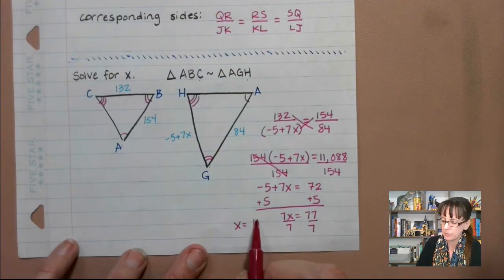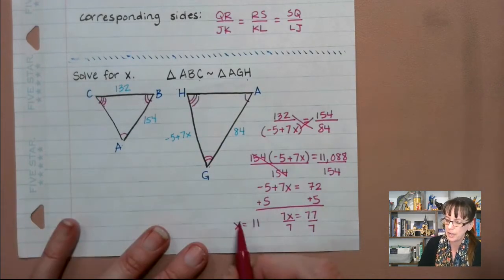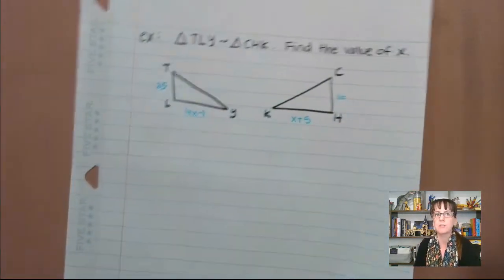We always go back and reread our question to make sure that we are answering the correct one. We are. It says solve for x. We solved for x. There we go. We just did that. All right, the next one that we're going to do, again, we want to use those similarity